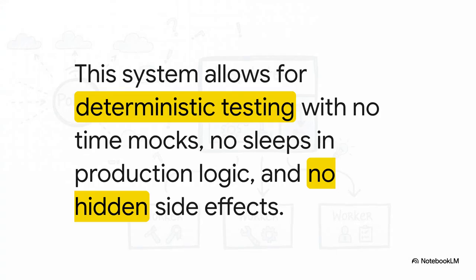And for all you engineers watching, this is a massive win: testability. Because each component has a single job, you can test them in perfect isolation. You can test the poller's decision-making logic without ever running a real worker. You can test a single worker's execution without needing a poller at all. This means you get fast, reliable tests with no flaky timing issues. So the big lesson here: good architecture makes for easy testing, not the other way around.